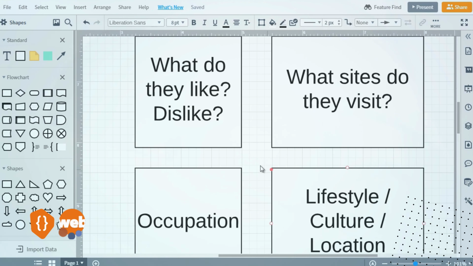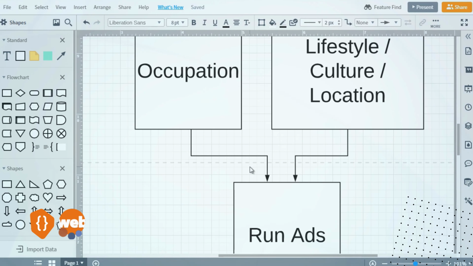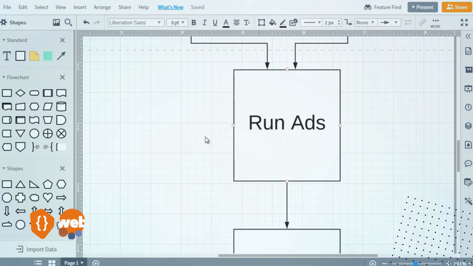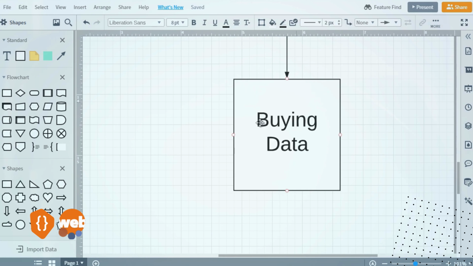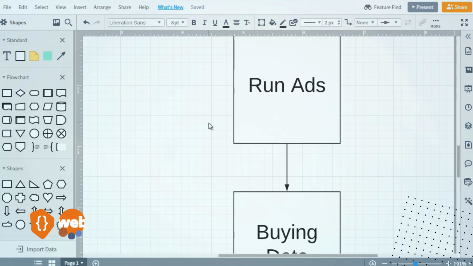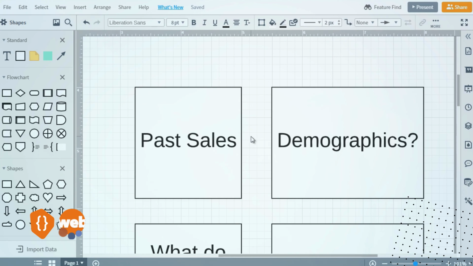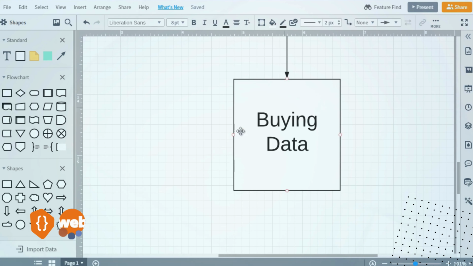So based on all this information, what you want to do is get an idea, and then the process is you begin to run ads based on this information, and then based on the ads and the data that Facebook gives you, you buy data, and the data tells you exactly what that person looks like. And that's something that you can't really do with search engine optimization or other types of traffic. And that's the beauty of Facebook ads. So once you figure out exactly who is clicking on your ads and what kind of interest they are targeted in or grouped by, it'll make your life a lot easier.